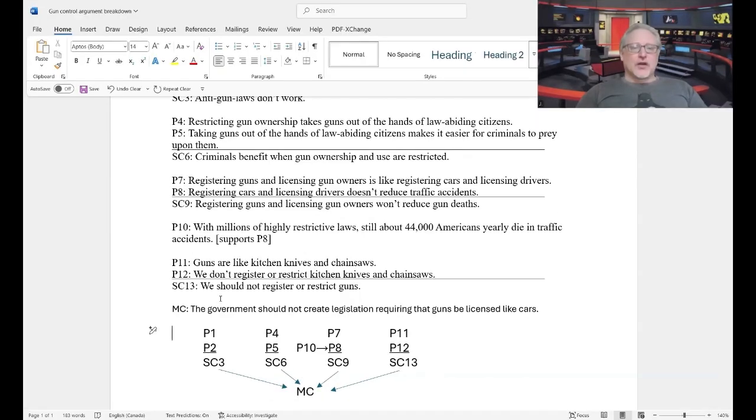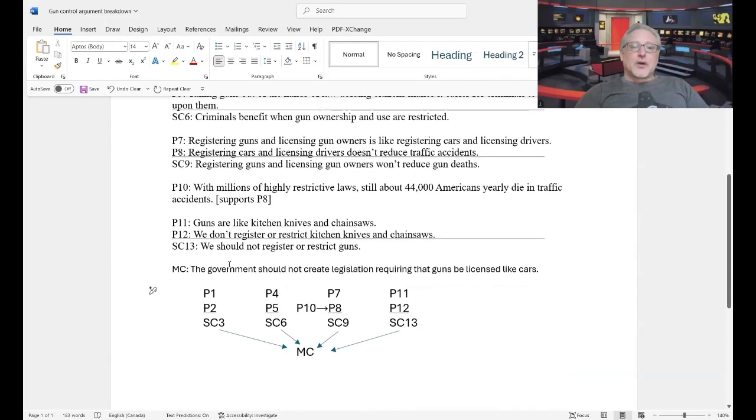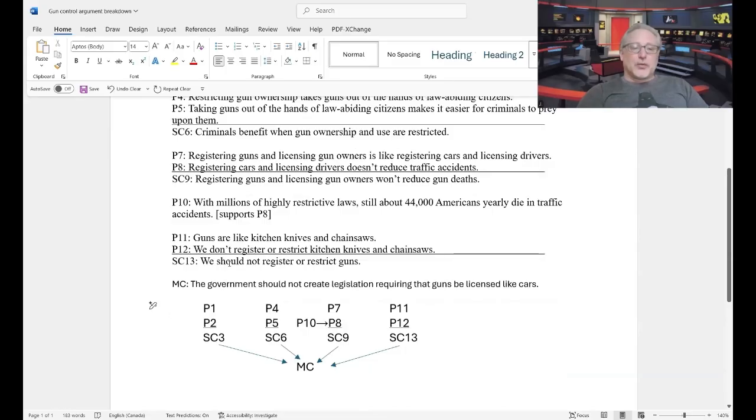And in looking at this argument diagram, I think you will immediately understand why it wasn't necessary to draw an argument diagram, because all I did was take the P1, P2, S3, which is, I'm gesturing with my hand, already up here, and put it together with the arrow from the SC3 to the MC, which 2 minutes ago I said was not necessary, and the same thing with all of the rest.